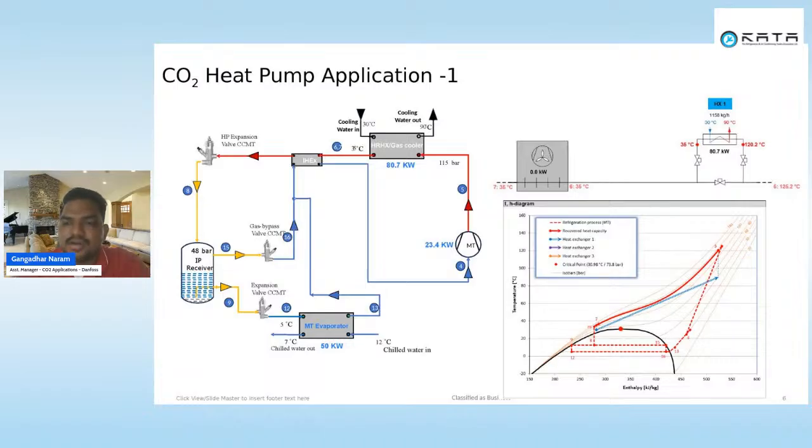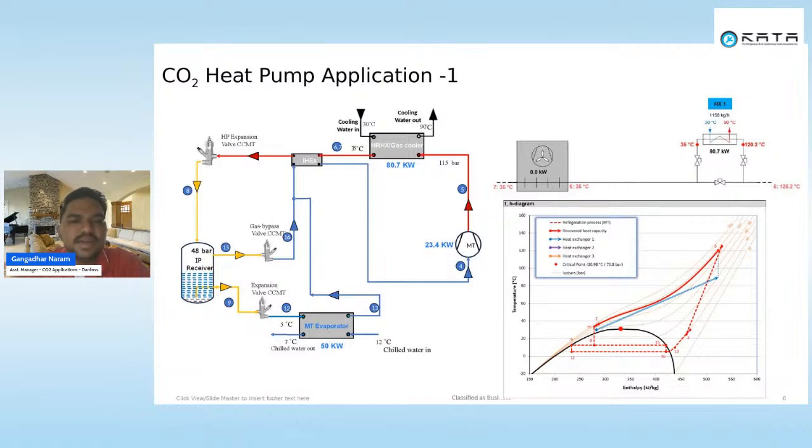isobaric line, or constant pressure line, where this is all the heat I am able to recover from 120 degrees centigrade to 35 degrees centigrade. That is the CO2 inlet and outlet temperature. The blue line that you are seeing is the 30 degrees centigrade water going all the way up to 90 degrees centigrade. Because of the abundant heat available in the transcritical region, I am extracting all the heat by utilizing water on the other side.